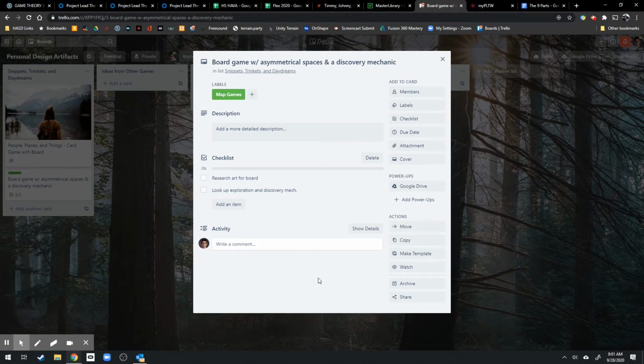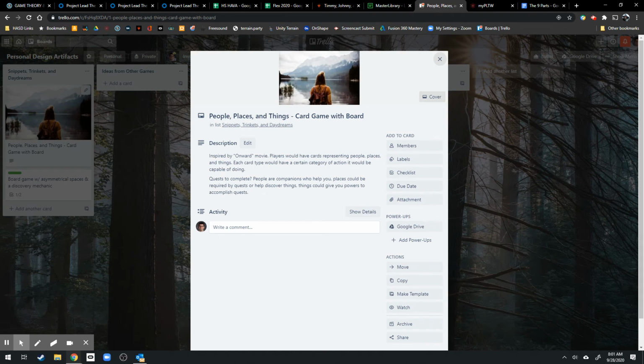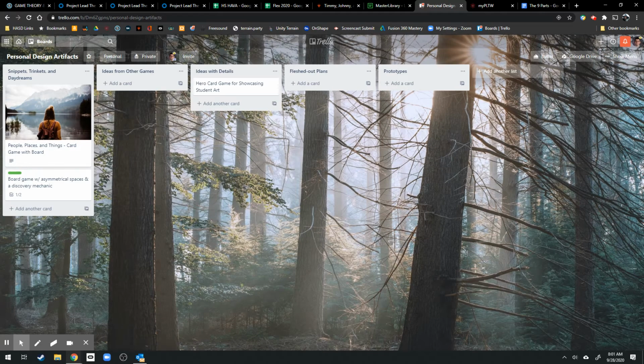I have due dates I can add to cards, attachments, cover pictures, all kinds of different things. I can do lots of things within a card. And I can see a lot about the card from the outside as well. You can see I added the cover picture to this one, and I added the description to it. Again, I can put a due date on it. And then when a card is ready to move on, this one has enough details, I can just go,